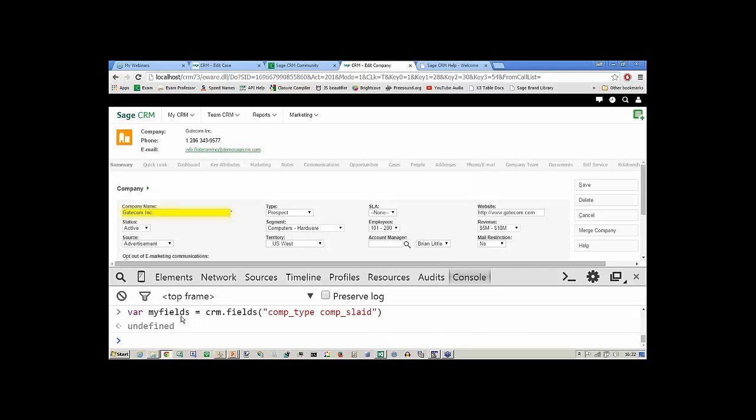So I've got now a couple of fields referenced there, and if I want to handle those fields in a particular way, so if I say my fields dot, and let's, well, hide them, you can see I've turned off those fields, and if I want to turn them back on, it's a question of just saying show. And I can even be really quite clever, because here you can see that I can do something called fade